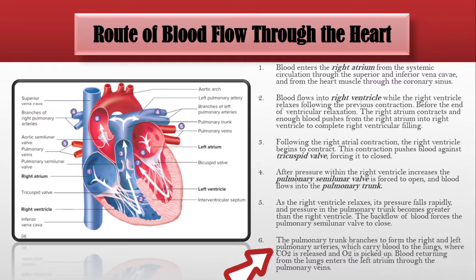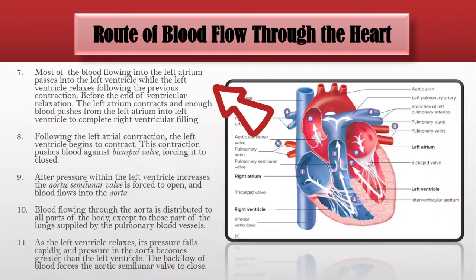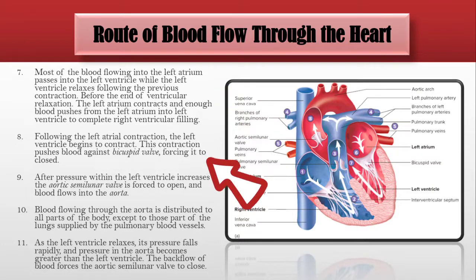Blood returning from the lungs enters the left atrium through the four pulmonary veins. Most of the blood flowing into the left atrium passes into the left ventricle, while the left ventricle relaxes following the previous contraction. Before the end of ventricular relaxation, the left atrium contracts and enough blood is pushed from the left atrium into the left ventricle to complete left ventricular filling. Following the left atrial contraction, the left ventricle begins to contract, and this contraction pushes blood against the bicuspid valve,